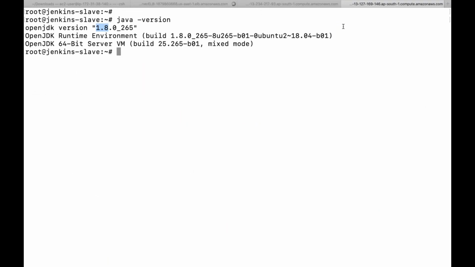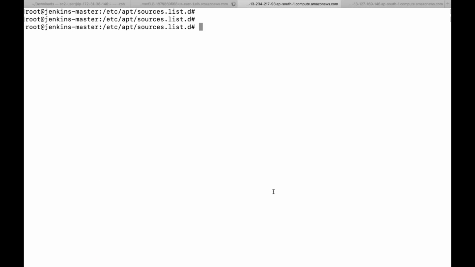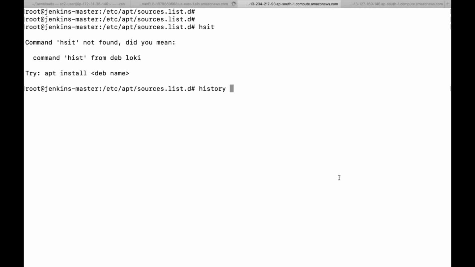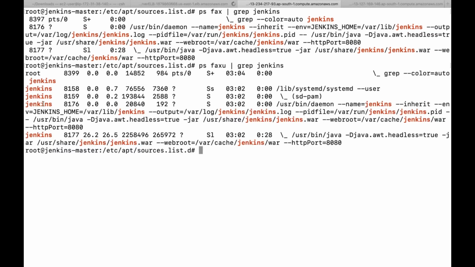So what I'm going to do here is, first of all, I will log in and check whether the particular service is available here or not. I'll check the command, since I have installed Jenkins. If I want to check whether my Jenkins is running or not, I'll run the command ps fax, then grep Jenkins. So obviously my Jenkins is running, and if you want to see who is the owner of this, then rather than running fax, you can run the command faxu, u for user. It will define what user is responsible to execute this process, right?